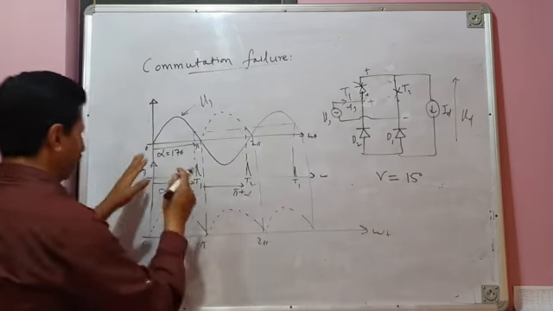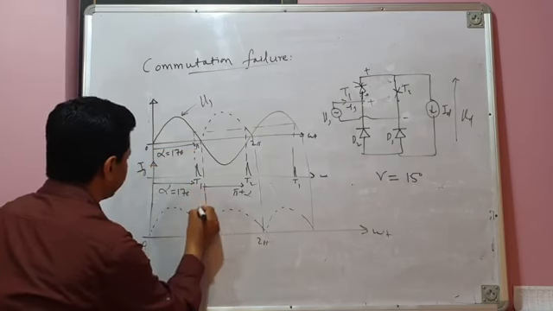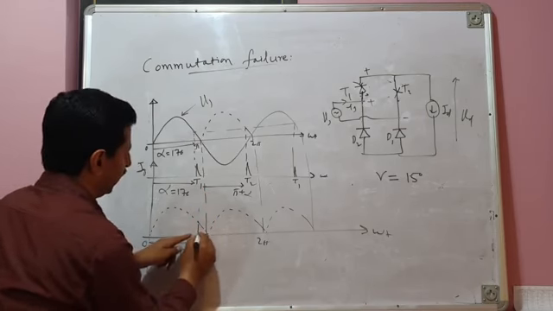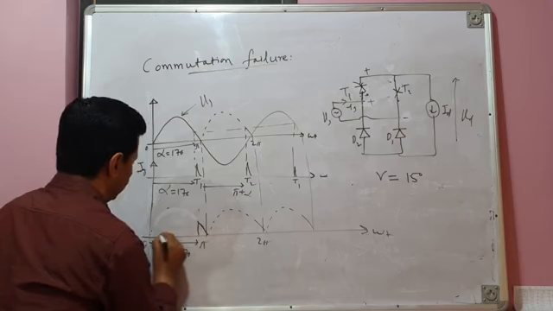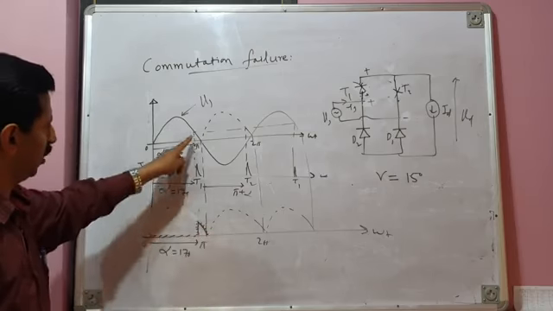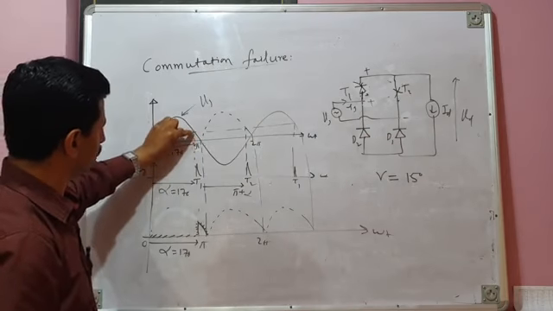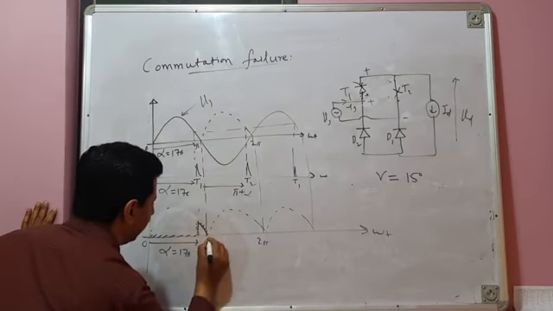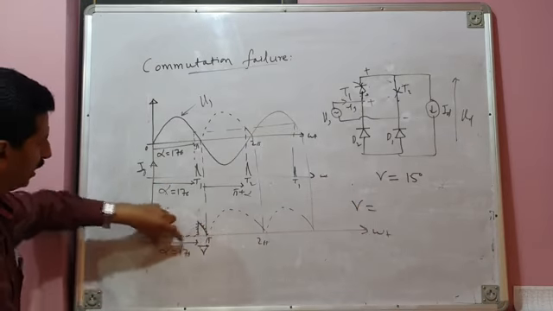So at alpha equal to 170 degrees, I am firing thyristor T1. This is my alpha equal to 170 degrees. Here I am firing thyristor T1, and for a very, very small period of time, a small voltage, a very small voltage, gets applied across the load, because T1 and D1 conduct the remaining segment of the positive half cycle of source voltage, which is only this much. This is pi, and this angle is my gamma. So now in this case, what is my gamma? Gamma is 180 minus alpha.